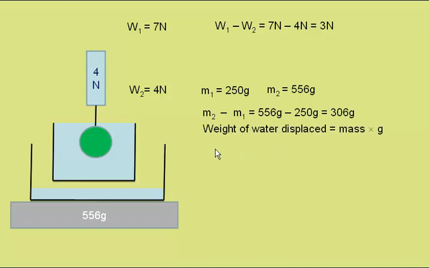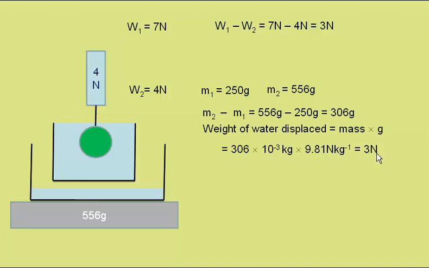To find the weight of water, well, the weight of an object is its mass in kilograms multiplied by the gravitational field strength, 9.81 newtons per kilogram, which in this case is 306 times 10 to the minus 3 kilograms, as a gram is a thousandth of a kilogram, multiplied by 9.81 newtons per kilogram, gives a weight of water